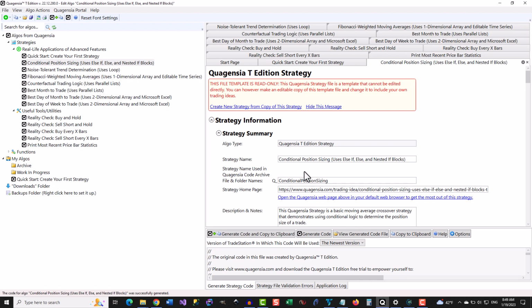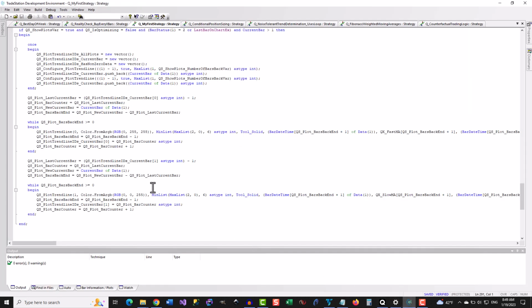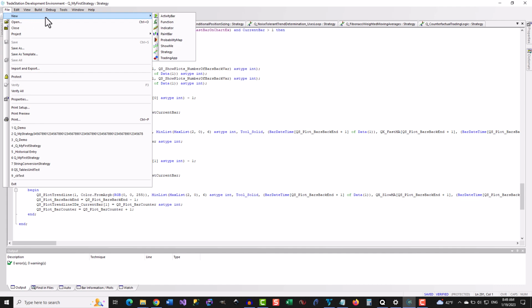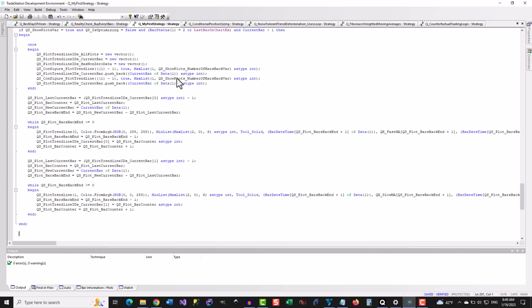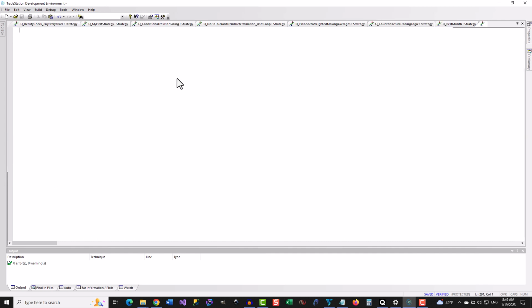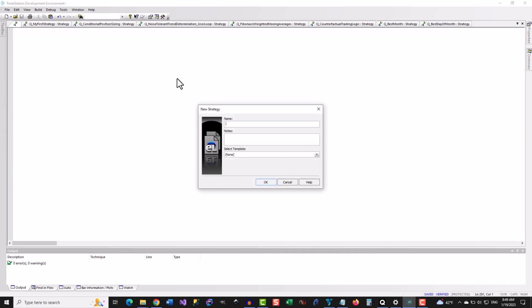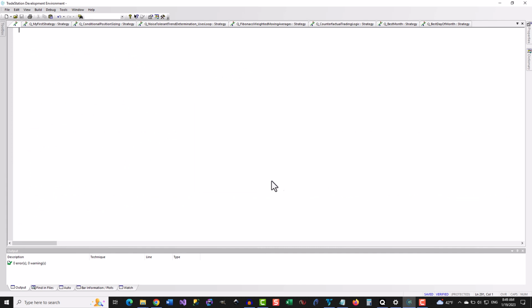Once the code was on the clipboard, I created a new empty strategy in its own tab in the TradeStation development environment as I am demonstrating here, pasted the strategy's code from the clipboard into the new strategy as I am demonstrating here,